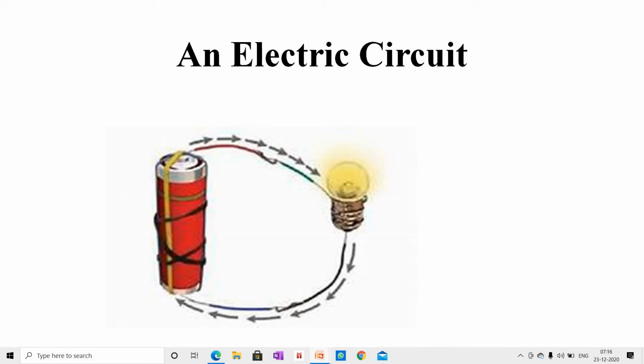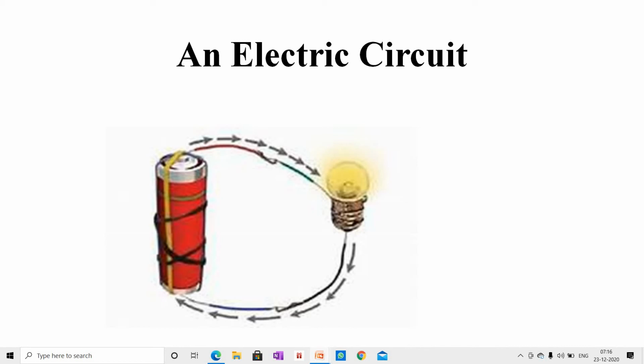When the terminals of the bulb are connected with that of the electric cell by wires, the current passes through the filament of the bulb. This makes the bulb glow. Sometimes an electric bulb does not glow even if it is connected to the cell. This may happen if the bulb has fused.